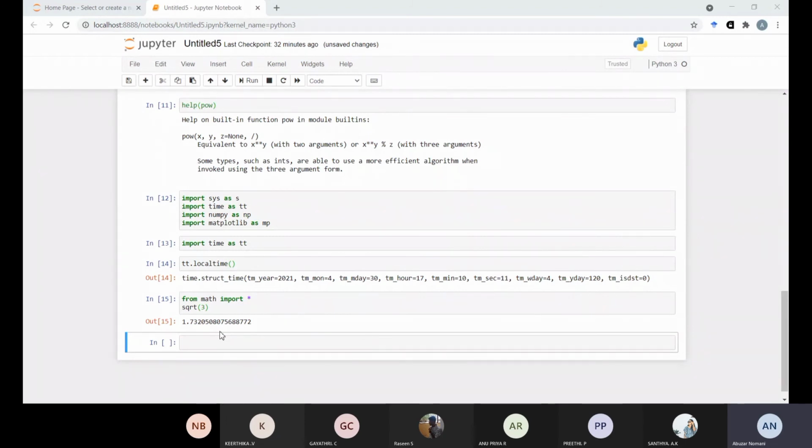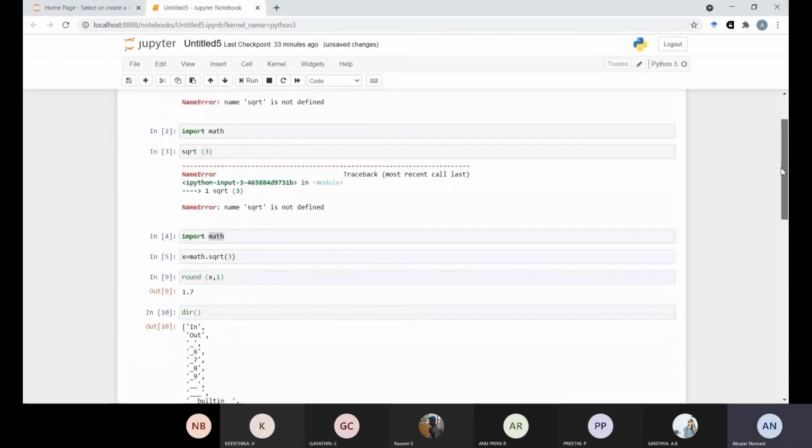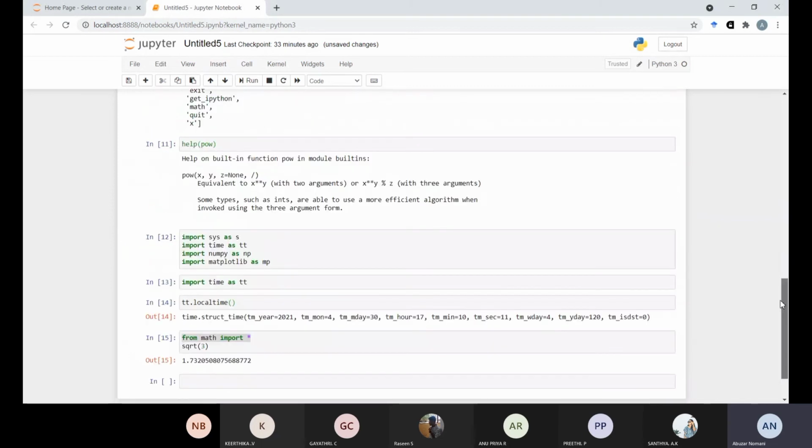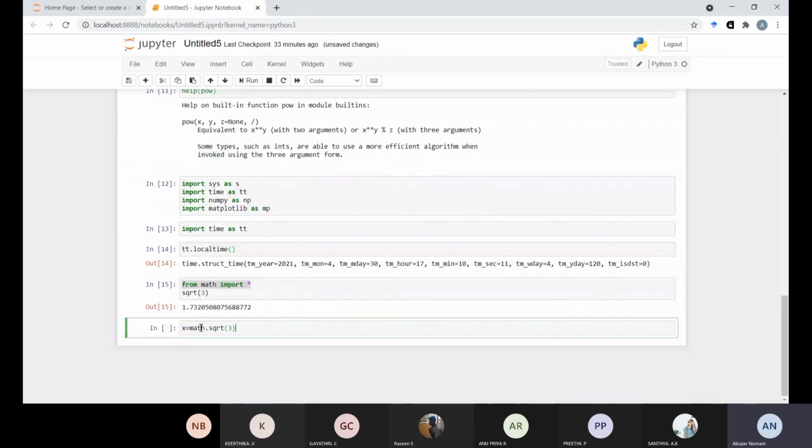On the other hand, if you use import math, we have to add the module name as a prefix, such as math dot sqrt instead of just sqrt. Suppose you are not using from math import; then what we used earlier was x is equal to math square root. Instead of this, we can write from math import.